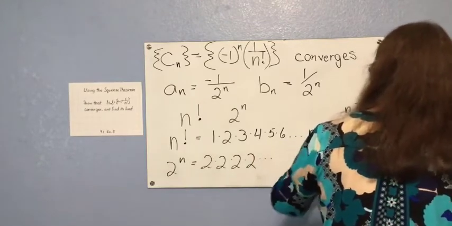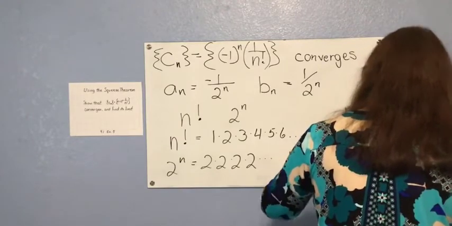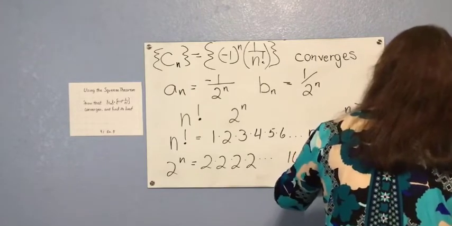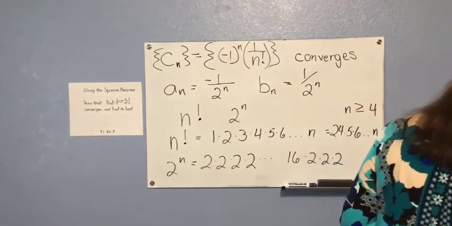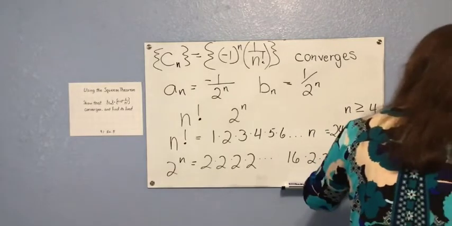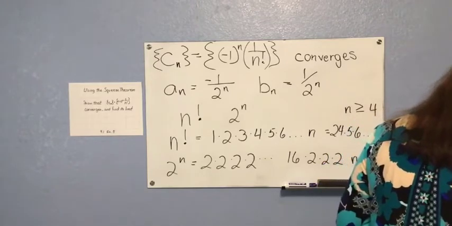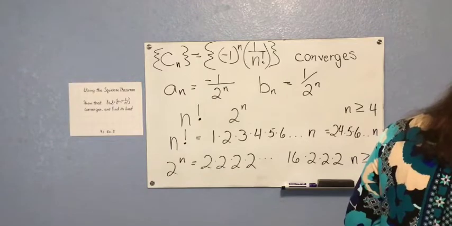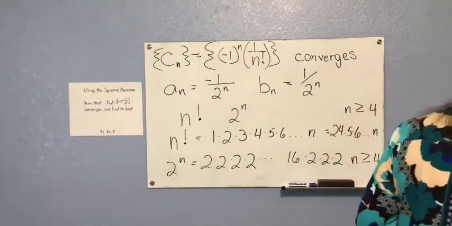Again, looking at the first 4 factors, I would get 16 times 2 times 2 times 2 for n greater than or equal to 4. So for any n that's greater than or equal to 4,